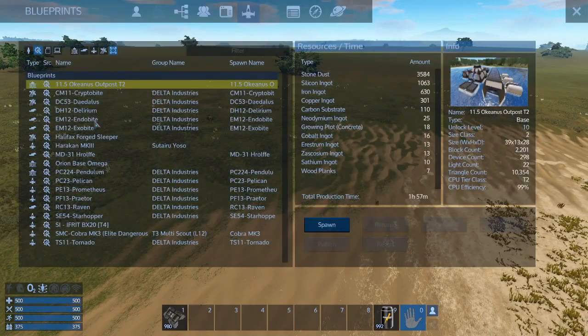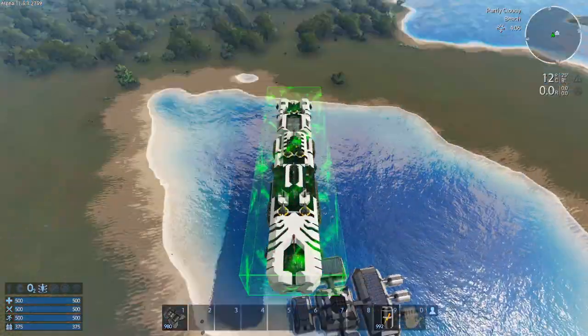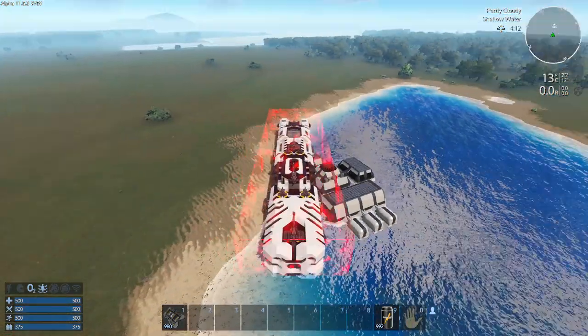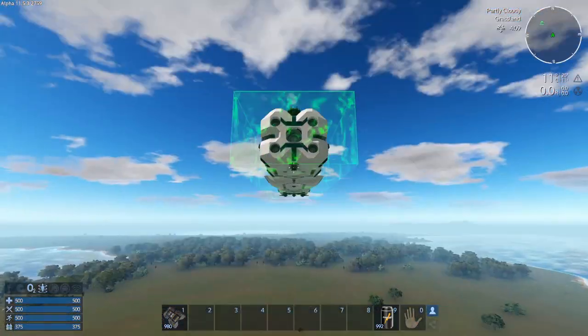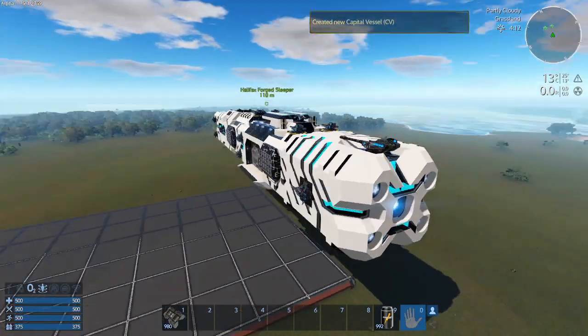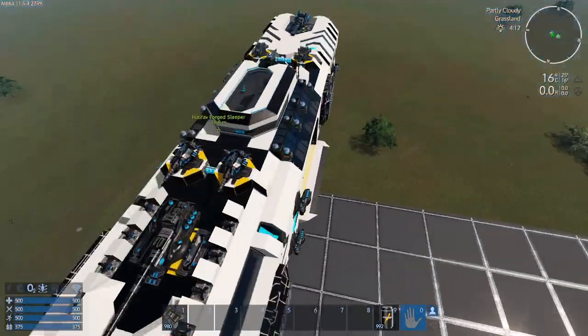Next we got Halifax Forge Sleeper. Of course, I'm not hating on any of the creations. This is just my constructive criticism, I would say. I'm not going to say that something bad is good. And this ship is basically a block, reminds me of my